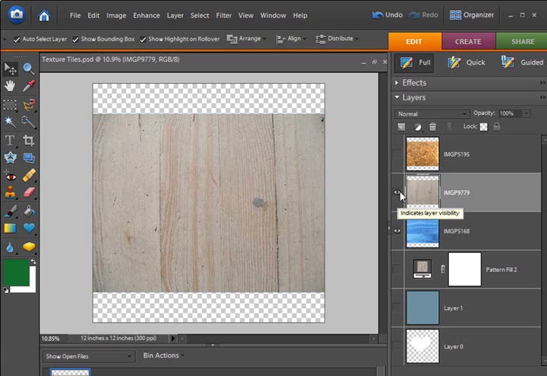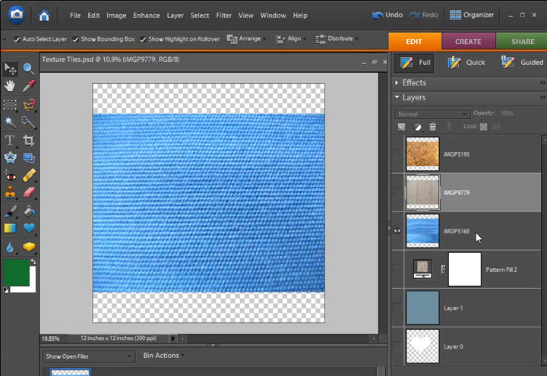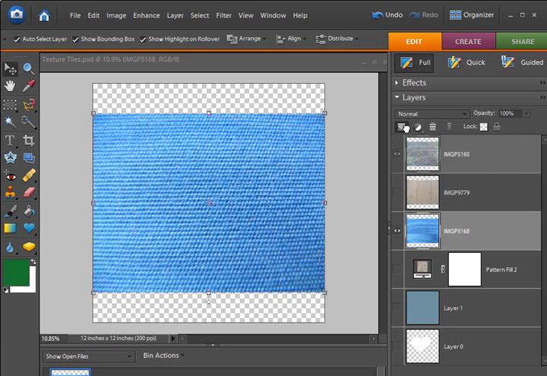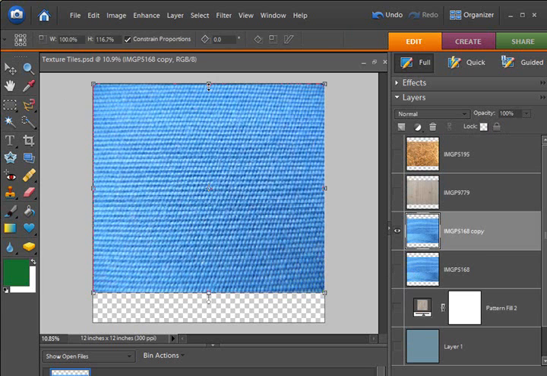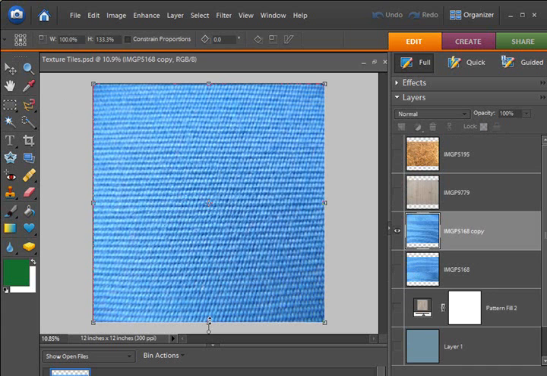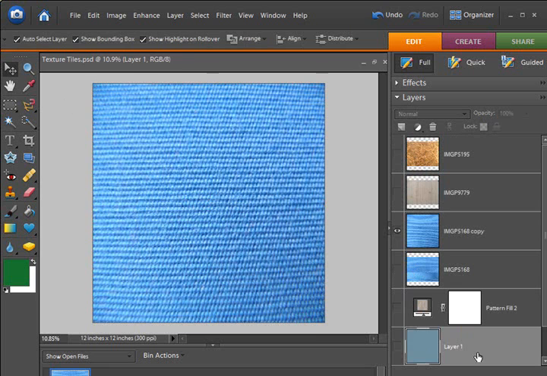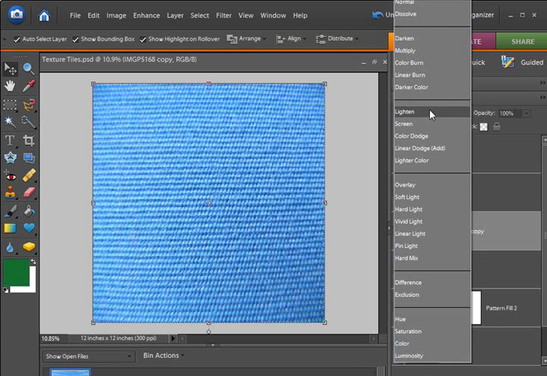I'm going to show you a quick way, not the preferable way, but a quick way that you can just use this image right here to make texture. I'm going to go ahead and duplicate it while I play with it. I'm going to resize it to fit my document, and I have here a solid colored layer that I've already created to play with. I'm going to change the blending mode,